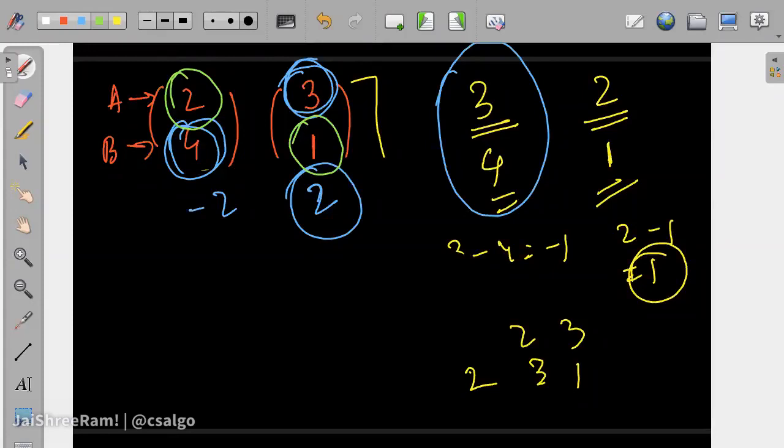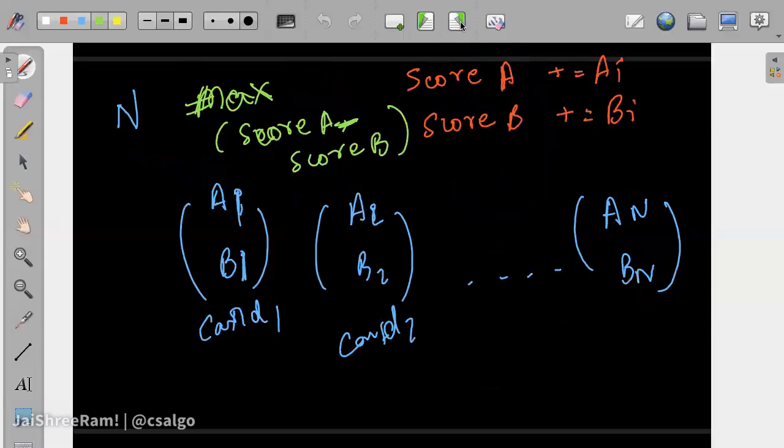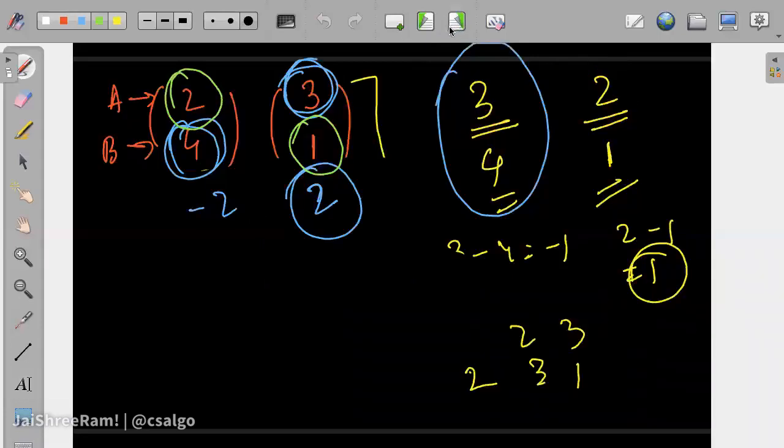We can design some case where it fails, but since it will take some time, I'm not moving into that. But you cannot decouple them, because if some particular AI gets removed, you have to remove that particular BI as well. So it's not that simple. And if you follow some greedy strategy, it will boil down to that AI minus BI.